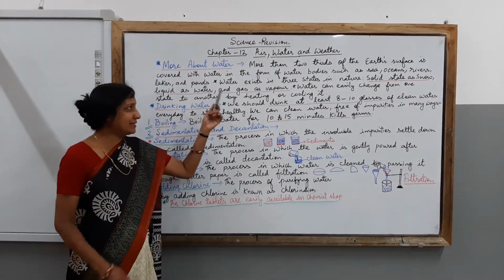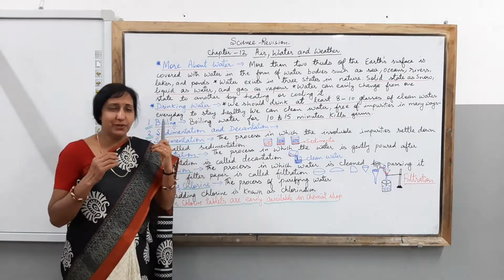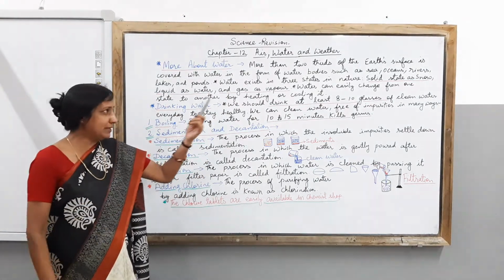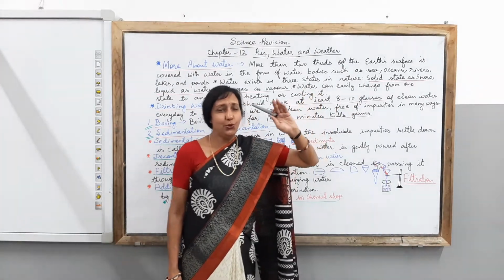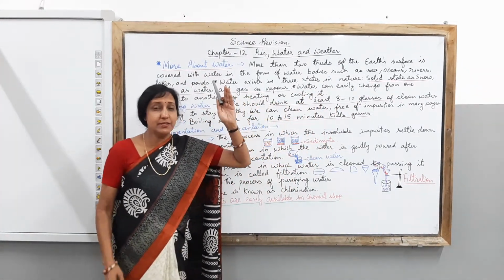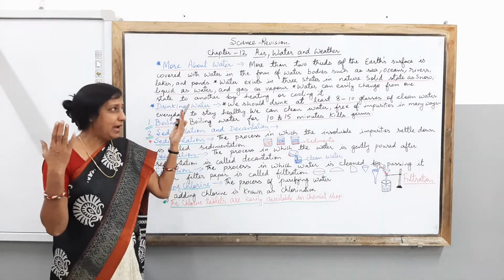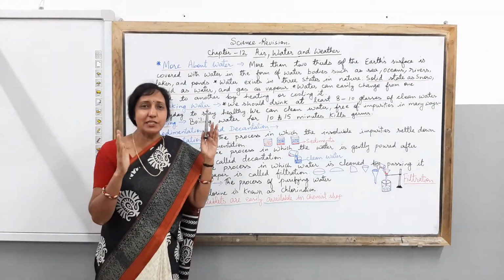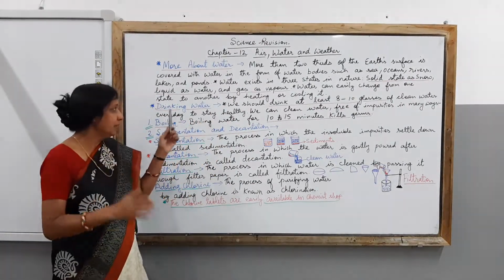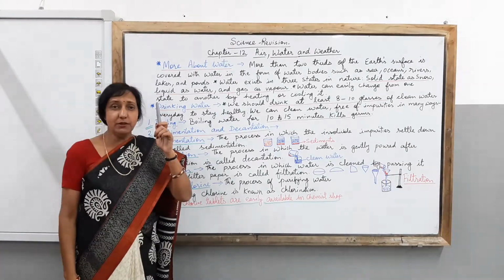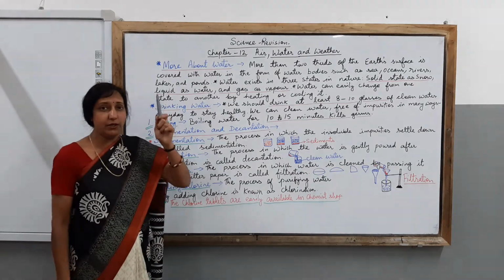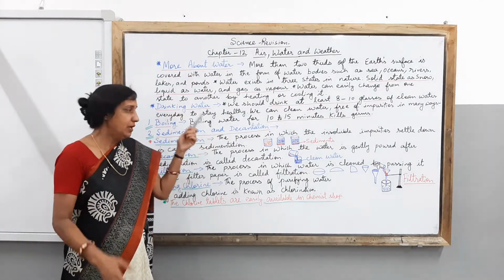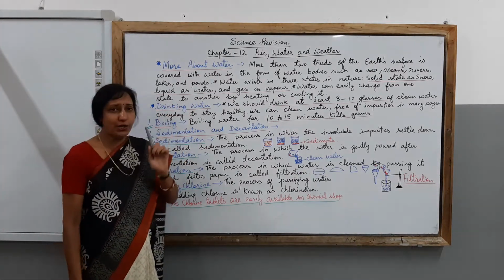Children, now water exists in 3 states in nature. First state you can say solid state as snow. You are knowing that at some areas there are snow and they are known to be the solid state of water. Next children, we talk about the liquid state. Children, when we talk about the liquid state of water, it is in the form of water. So you can say liquid as water.